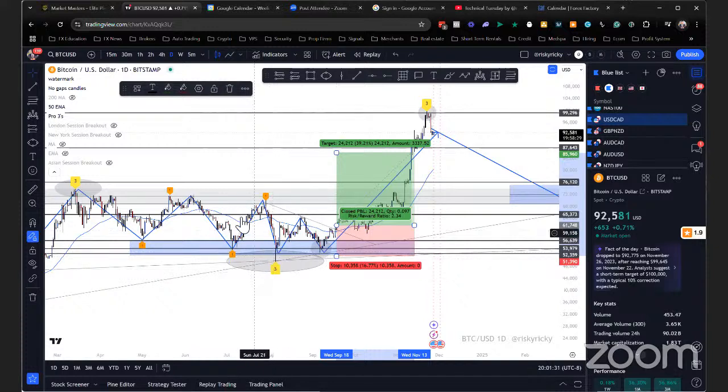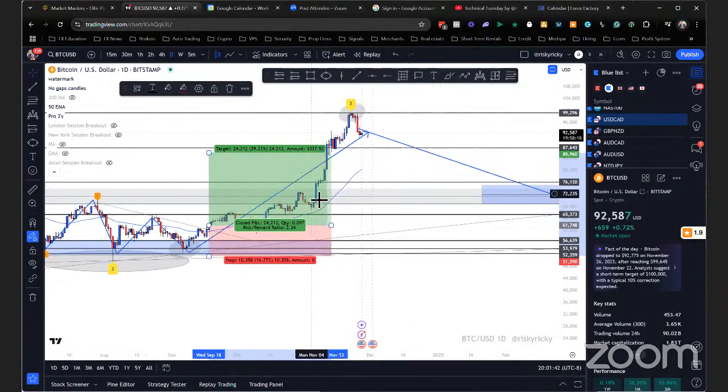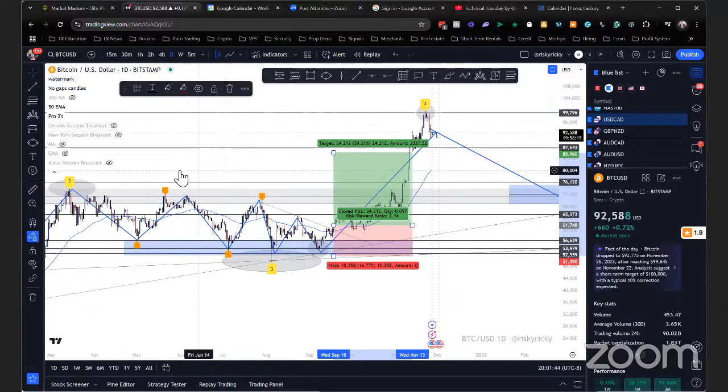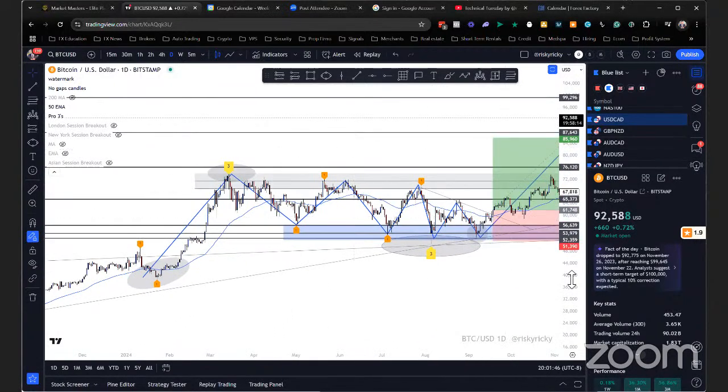Threes are going to be the start of a move from a downtrend to an uptrend, right? Or an uptrend to a downtrend. When we see the threes at the top, we expect it to go from an uptrend to a downtrend. So we look for anything in the market that lets us know that price is expected to reverse.